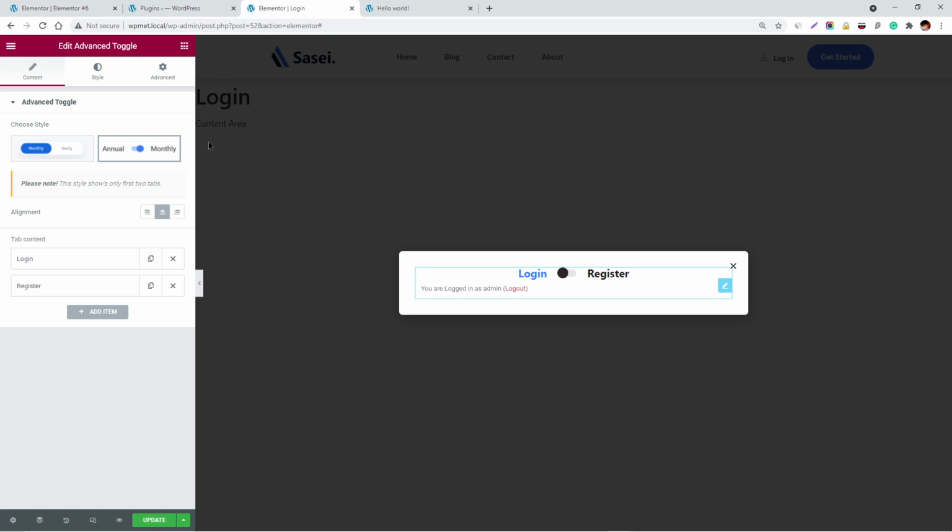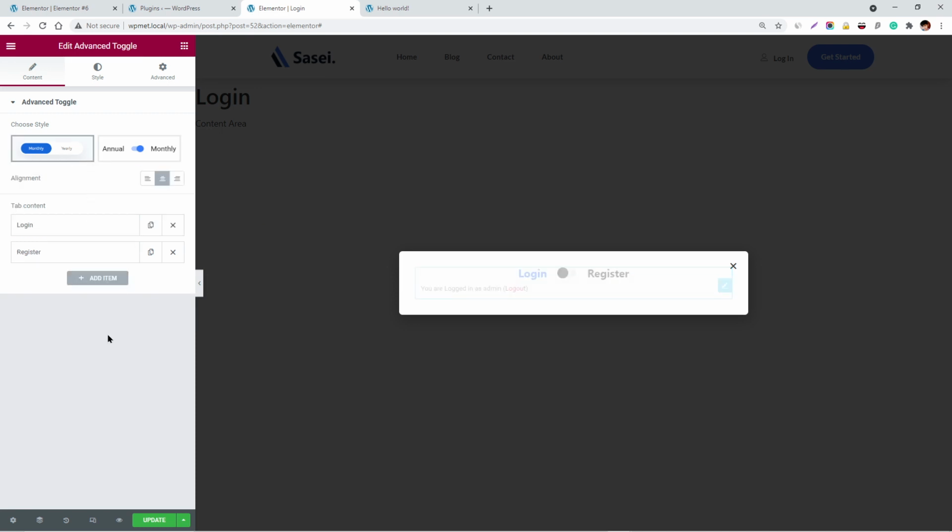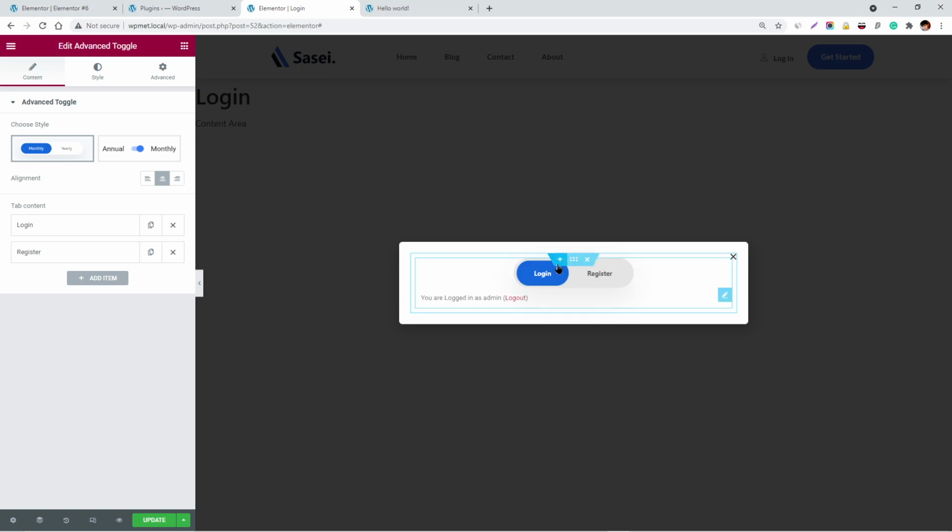You can just drag and drop this one right here in your pop-up, and you will be able to choose its style. Currently we have this one. And we can also use this one. When you click on it, you can wait and it will change its style like this. Looks pretty amazing now, right?